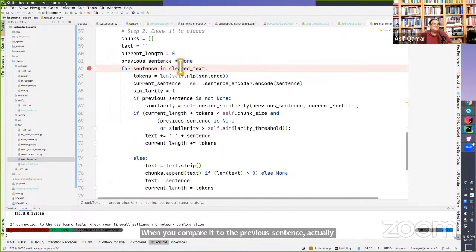The point that I'm making is do something interesting to find that out. It's not as easy as you think, though I would encourage you to use something a little bit more sophisticated than just cosine similarity to the previous sentence. But when you do that, if the similarity is greater than a similarity threshold, take it. Now, what you'll realize is that